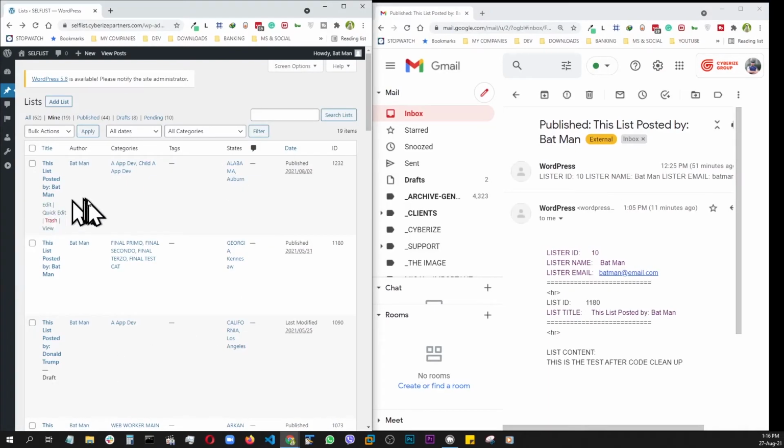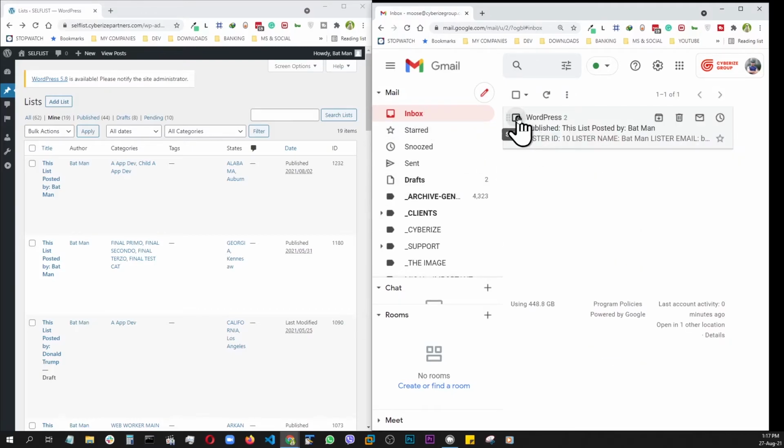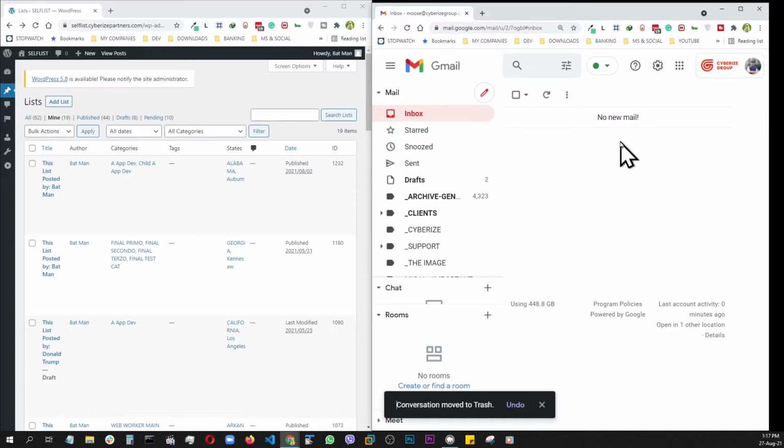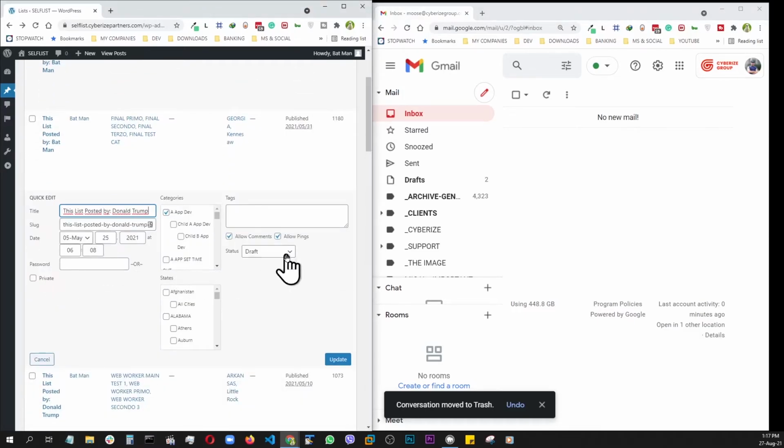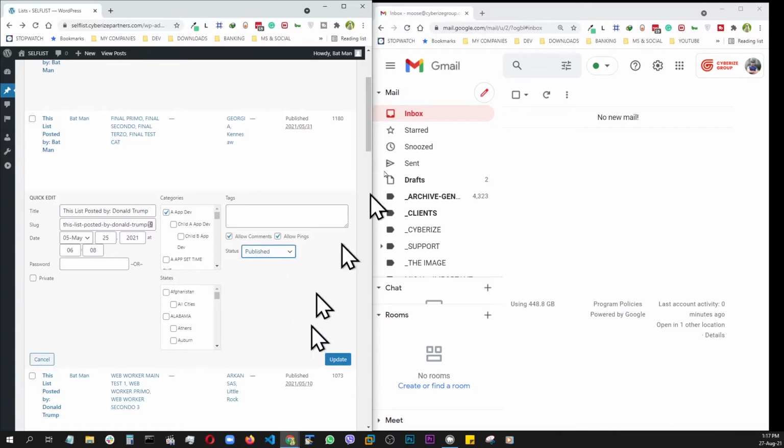Okay, we are back at the remote system. Our code should be synchronized by now, and as you can see, the last two times we changed the status of these two posts, and now we're going to change the third one. And this time I'm going to go ahead and remove all these so that we can start fresh. And now let's go to quick edit. Let's change the status to publish. Keep an eye out here, update,